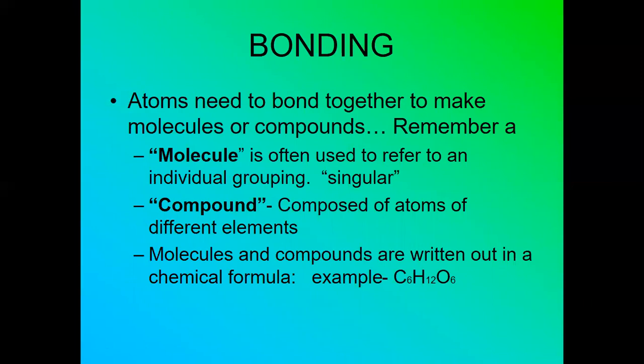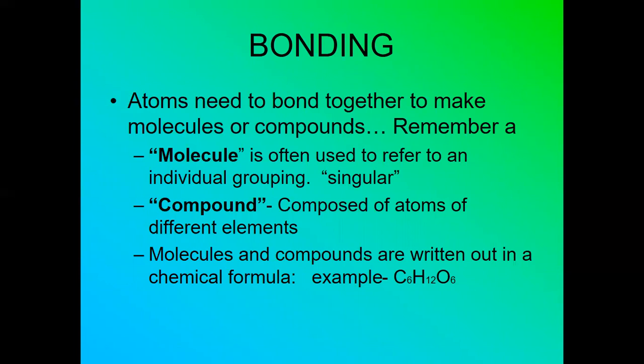Remember, atoms need to bond together to make molecules and compounds. Again, a molecule is a singular grouping, 2 of the same atoms together, 3 of the same atoms together. A compound is composed of atoms of different elements. It can be 2 or 3 or 4. Here's a great example of a compound right down here at the bottom,